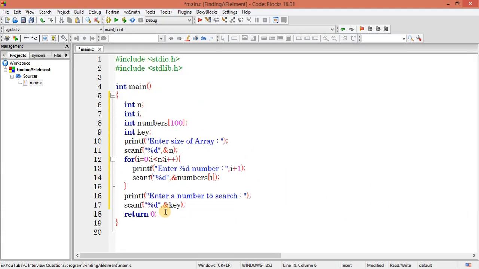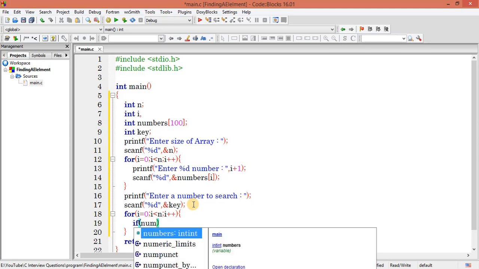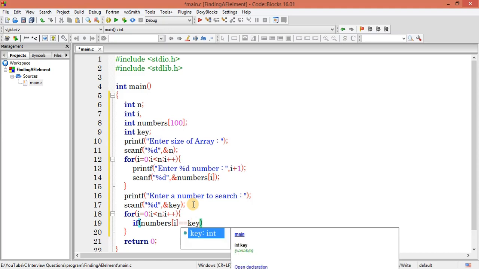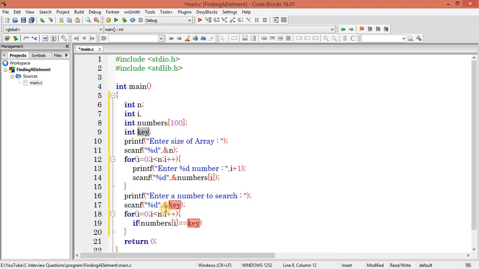Next we are going to write one loop, starting from 0 up to n, and I plus plus. Here we will write one condition: if numbers of I equal to key. What we are doing is comparing the given number with the whole array.